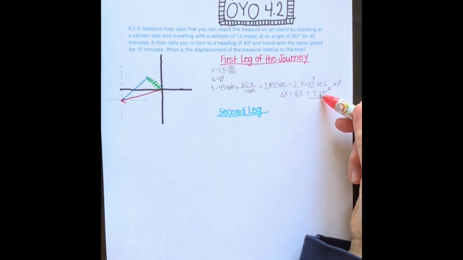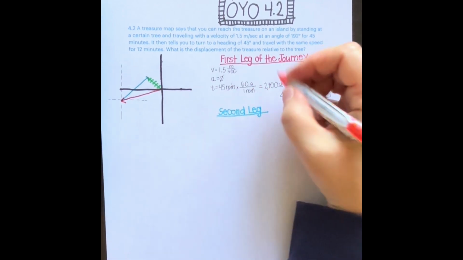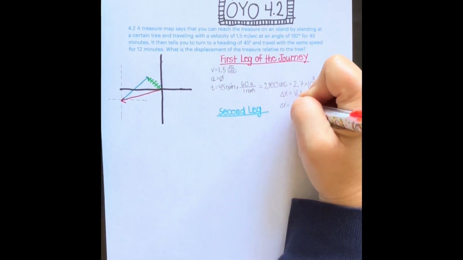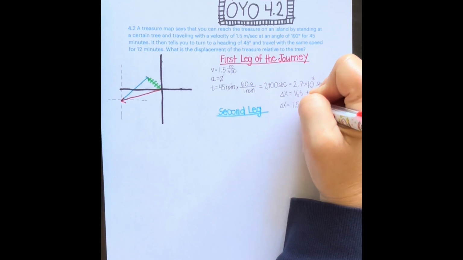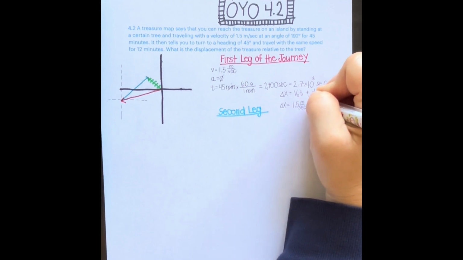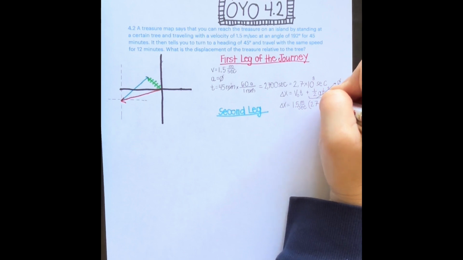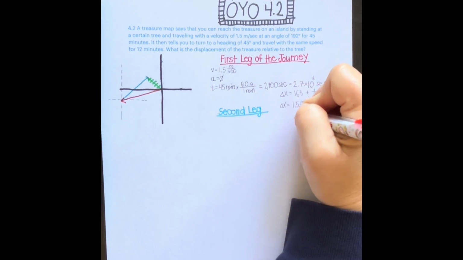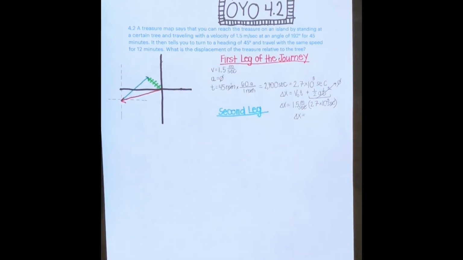Anything times 0 is 0. So our displacement equals 1.5 meters per second times 2.7 times 10 to the 3rd seconds. Seconds cancel out, so we're left with,